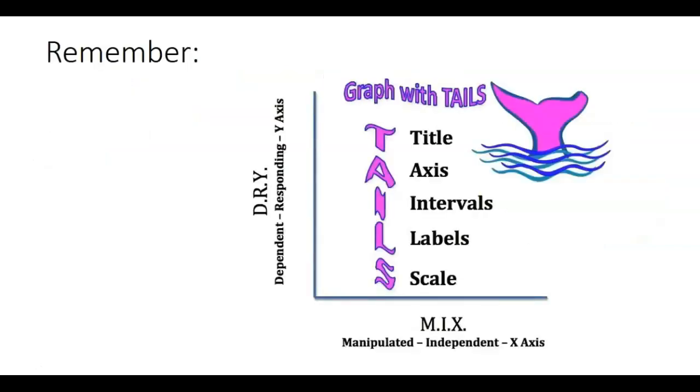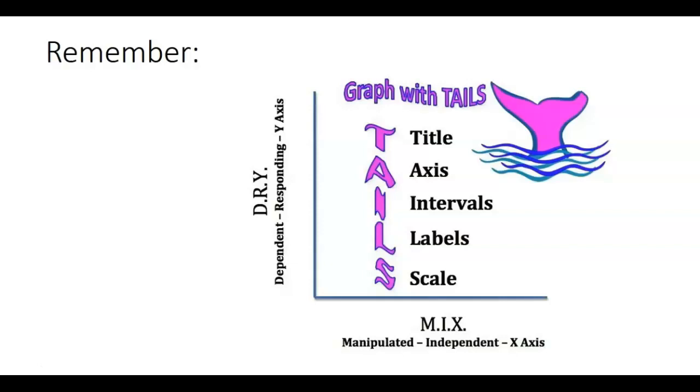In our guided notes video, we learned how to graph with tails. So friendly reminder, T is for title, it describes our data set. A is for our X and Y axis. Intervals will be evenly counted or evenly spaced. Our labels are going to describe our X and Y axis